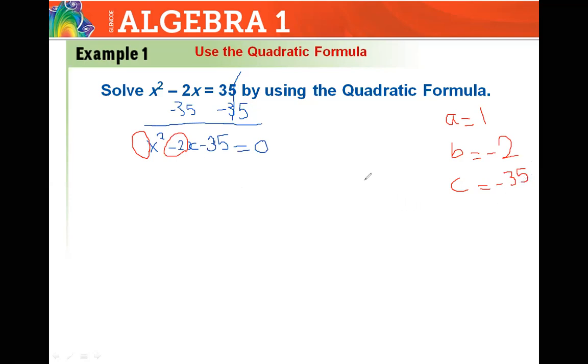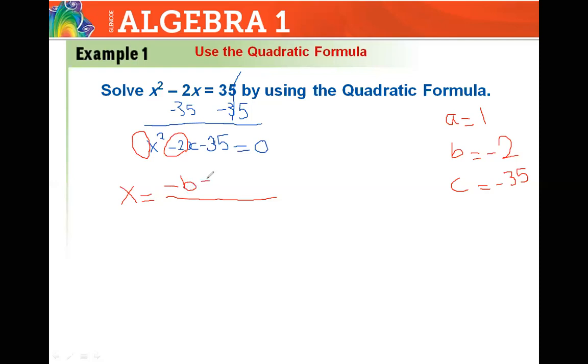Now we work together by using the rules. The first step, I make the equation equal to 0. The second step, I get the value of A, the value of B, the value of C. And then after that, I write the rule. Do you remember the rule? Yes, I remember. X equals what? Negative B